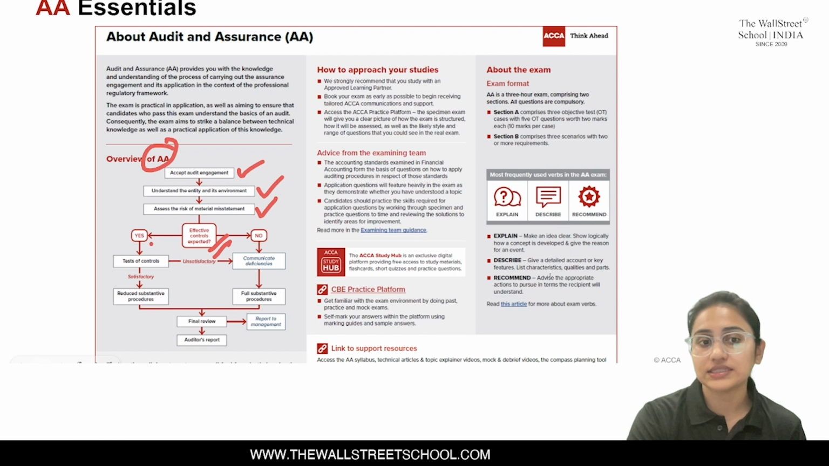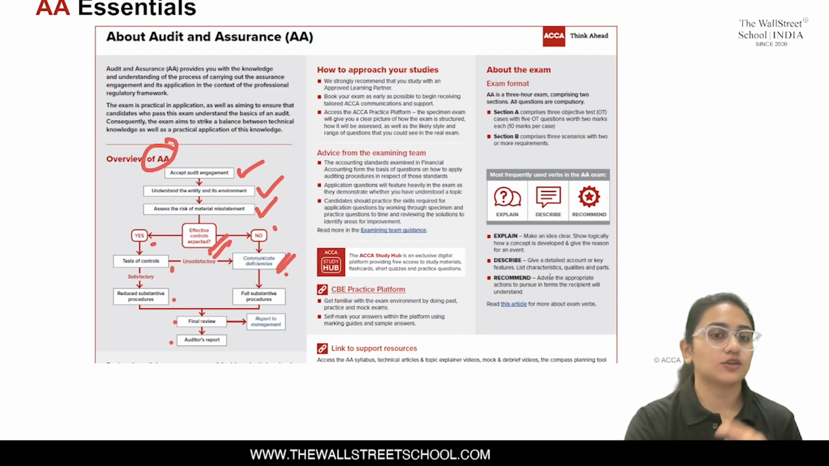If yes, then test the controls and conduct substantive procedures, give final review, and give an auditor's report. If effective controls are not expected, that means we don't have good controls, then communicate the deficiencies to management and those charged with governance. Conduct full substantive procedures because the controls are not strong. So we cannot reduce substantive procedures, but we have to do a complete checking and then the same final review and